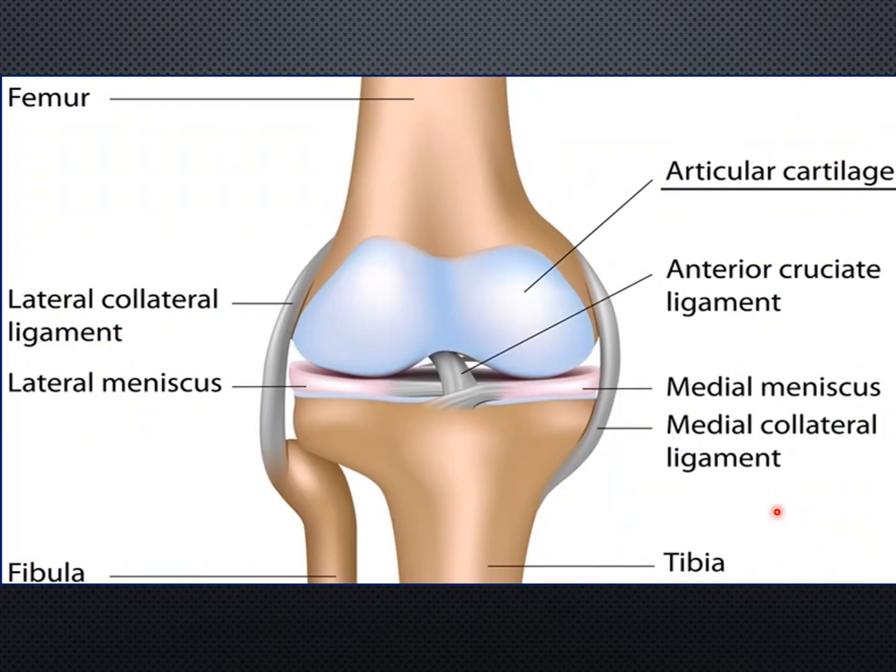So this is a diagram of the knee joint. You can see the lower end of femur is articulating with the upper end of tibia. And you can see this blue colored structure is the articular cartilage, which is made of hyaline cartilage. So the articular surface is covered by this blue colored hyaline cartilage or the articular cartilage. And between these two articular cartilages, you can see the intervening pale pink colored structure, that is the lateral meniscus and the medial meniscus. Okay, these menisci are made of a plate of fibrocartilage and they act as shock absorbers. They prevent the wear and tear of the articular cartilages. Okay, and they provide a space within the joint cavity so that the flushing of the synovial fluid is possible, and thus it helps in the lubrication of the joint.